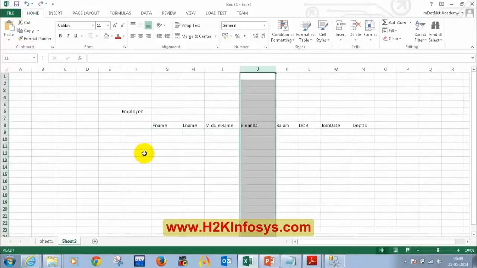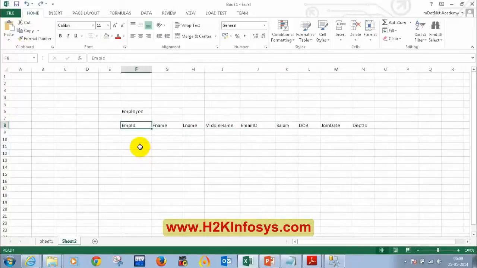So what are the columns we have? Email ID and employee ID. So employee ID will be for sure which is unique for all the employees. So employee ID will play the role of primary key. So I repeat, the purpose of primary key is to act as the differentiator between each employee. Okay, remember, in a primary key, no two rows will be duplicate. For example, if you have employee ID 1,